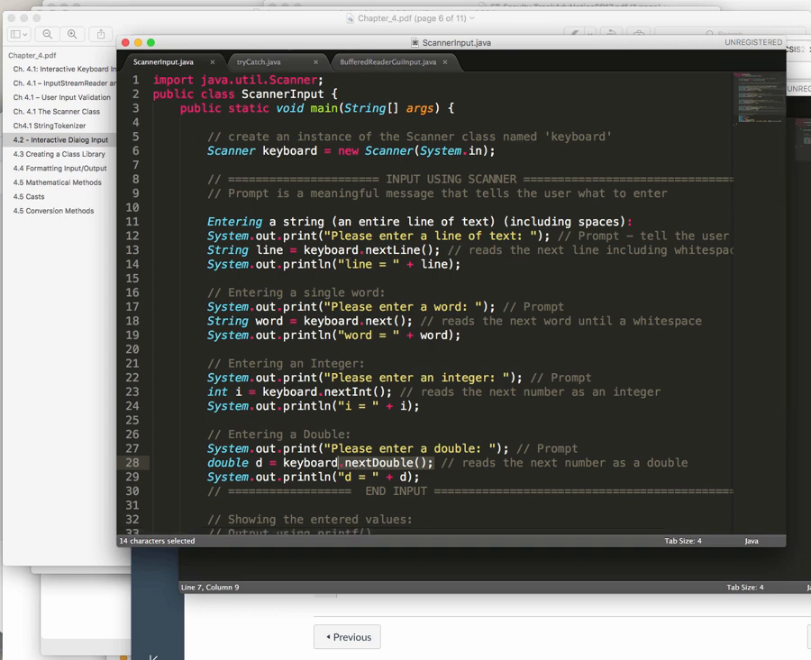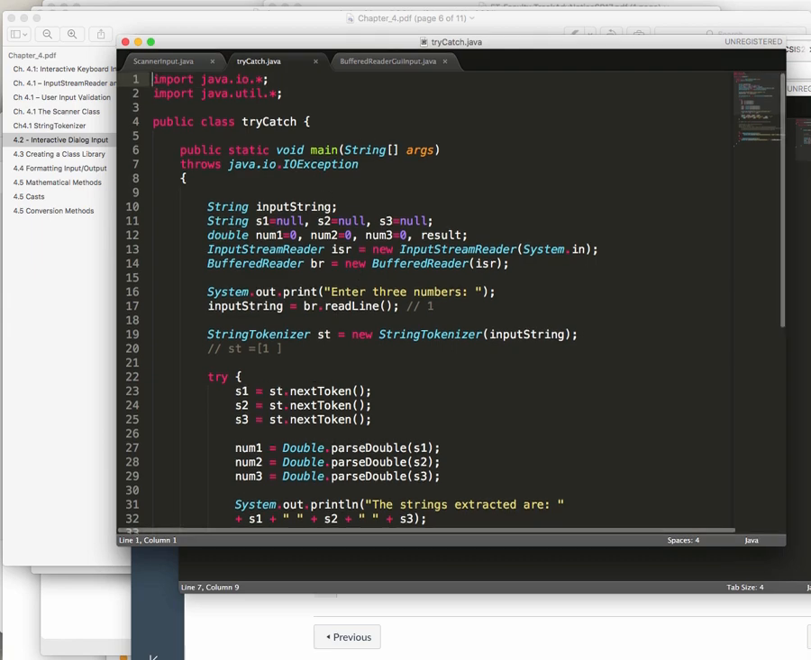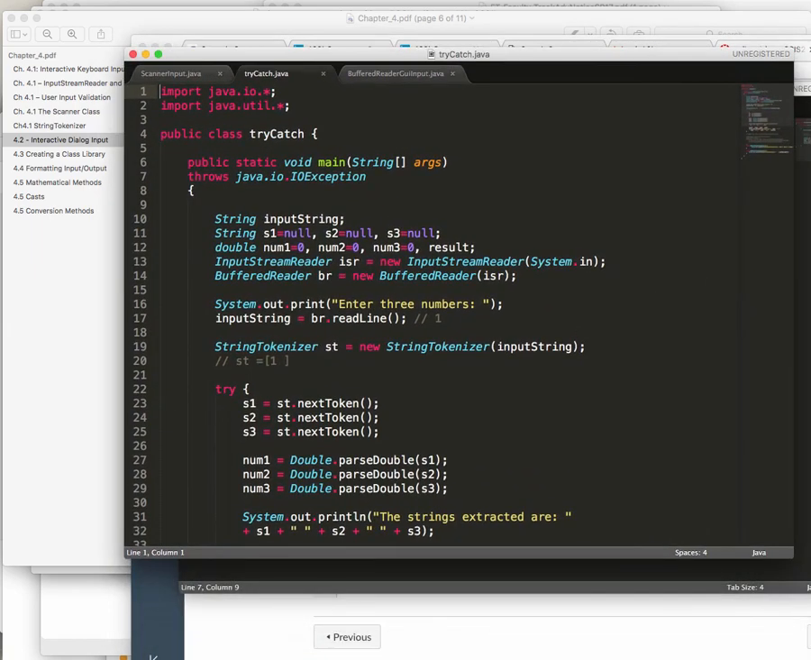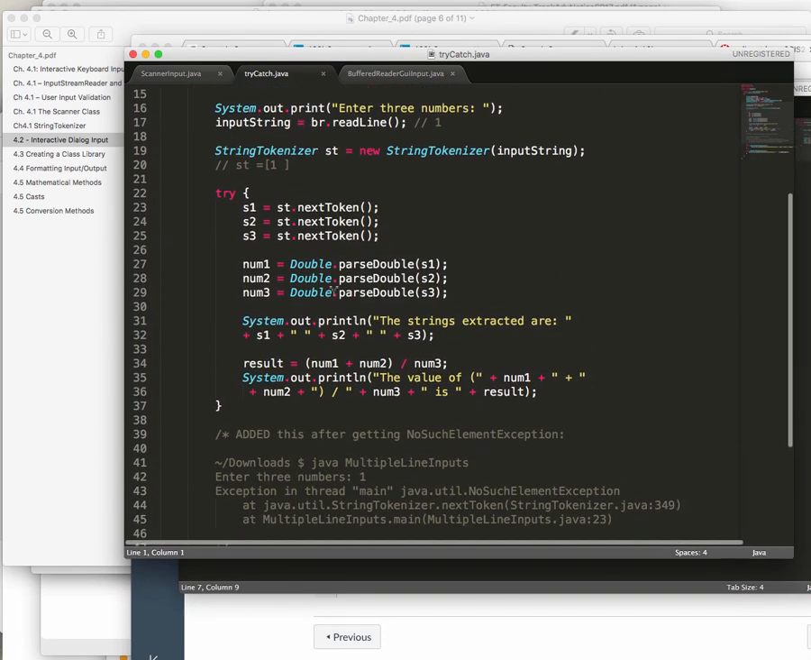So that's that. The try-catch business. I'm not sure. Well, it's in there. It's in the book. So what I'm going to do is